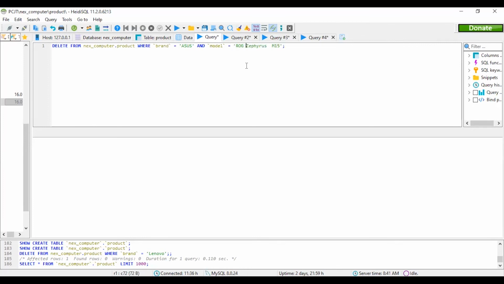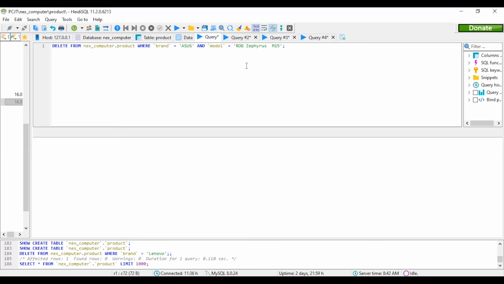So in here, we are going to give the brand and the model to select the record we want to delete, as other brands can also make the same model again.